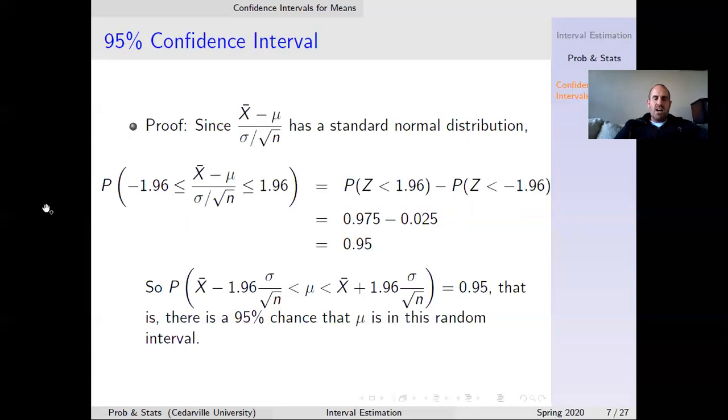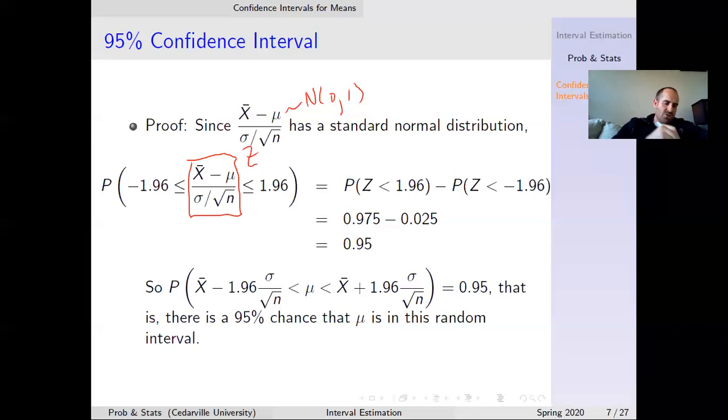So x bar minus mu, divided by its standard deviation, sigma over the square root of n, is standard normal. This thing is distributed as normal, mean 0, standard deviation 1. So what is the probability that this thing is going to sit between these numbers that we gave? We can compute this. That thing is like z. That's the probability that z is less than 1.96, minus the probability that z is less than negative 1.96. If you look those up in a table or with Excel, you get 0.975 minus 0.025,